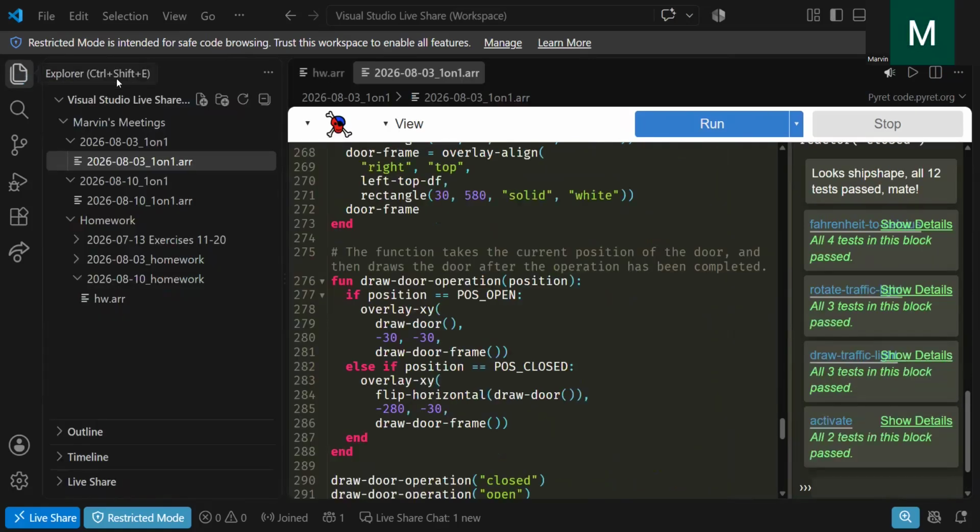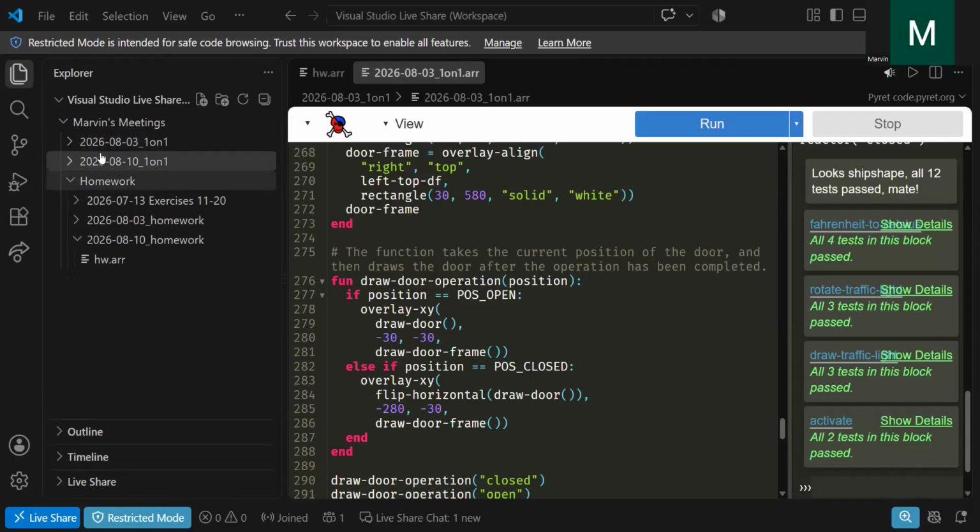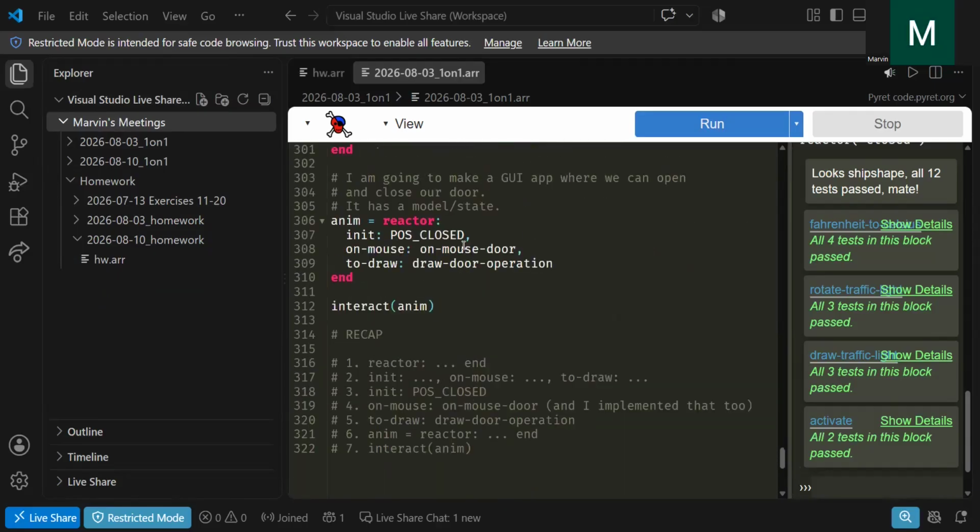Okay, so actually, let's talk about how you organize your files. Do you want to do it by dates, or would you rather that I create a new file for every new topic? Yeah, we could do a new file for each new topic. I was gonna rename that file to encompass more than one meetup, like 8.3 or 8.17. I want to create a new file just because this file has a lot of stuff going on. When you click run, we get a bunch of images and it plays a bunch of animations. I'm going to create a new file at the top and you can decide where to put it. I'm going to call it